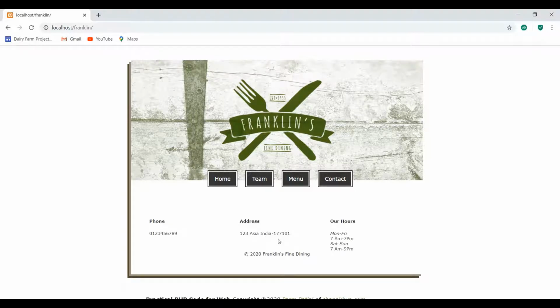So I can create one more thing over here, so that it will automatically and dynamically display the name of the company whose website this is, and it will automatically display the copyright year, that will be the year on your computer's date.